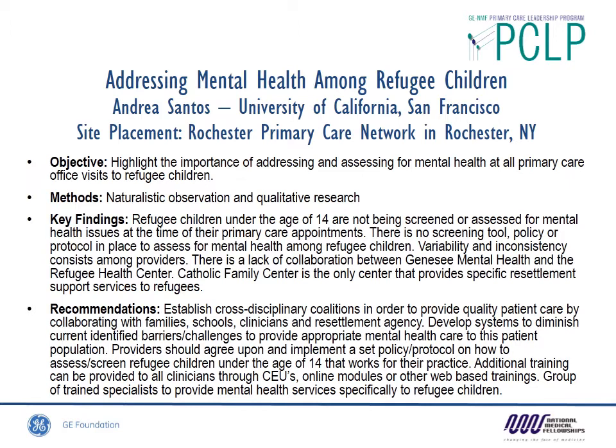The methods that I used were naturalistic observation, shadowing a couple of different providers in their clinics, and qualitative research: interviewing the providers, as well as a social worker at the health center, a social worker at Catholic Family Center, which is the resettlement agency, and a therapist at Genesee Mental Health, which is where they refer some of their patients. The key findings are refugee children under the age of 14 are not being screened or